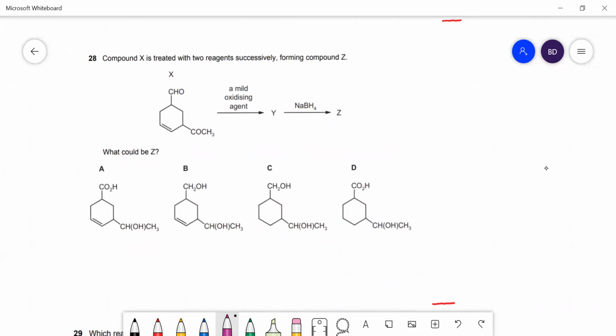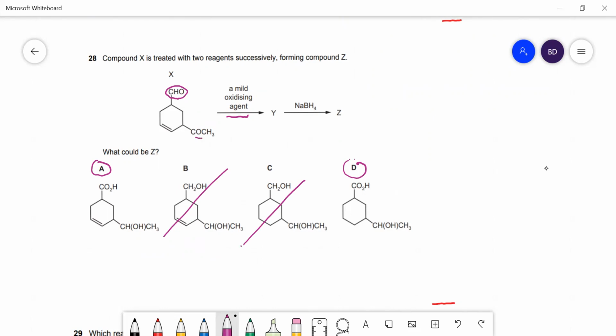Compound X is treated with two reagents successively, forming compound Z. So you're going to oxidize it with a mild oxidizing agent first of all. I'd imagine you're going to turn that aldehyde group into a carboxylic acid. So we are looking at A or D, because in B and C you've reduced it to an alcohol, so it's definitely not them. They are wrong. Then you react with NaBH4, or NaBH4 will reduce